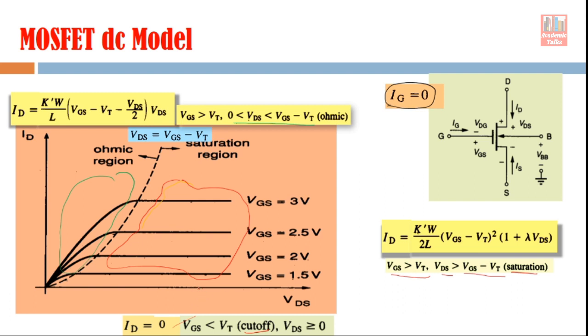Now after having understanding about the model equations, we have to go to the next step, and the next step is developing an equivalent circuit for these model equations. Most of the time the MOSFET device works either in the ohmic region or in the saturation region. So we will develop the equivalent circuit for these two particular regions mainly. For the other region, for example the cutoff region, that is very simple because drain current is 0.